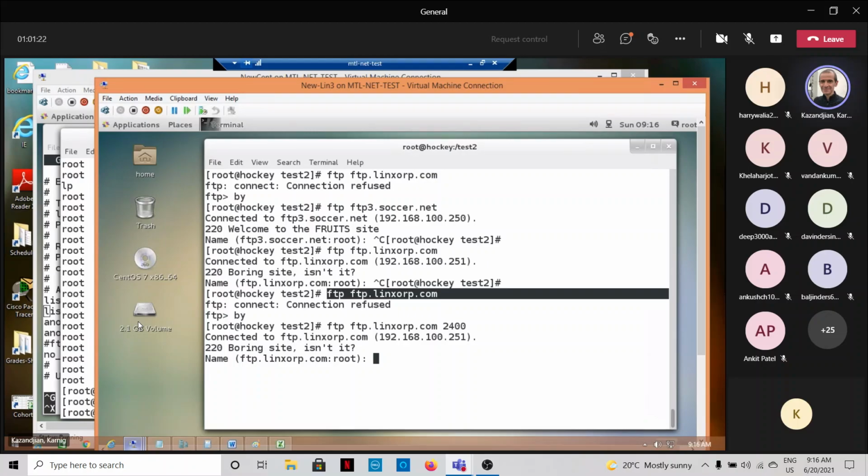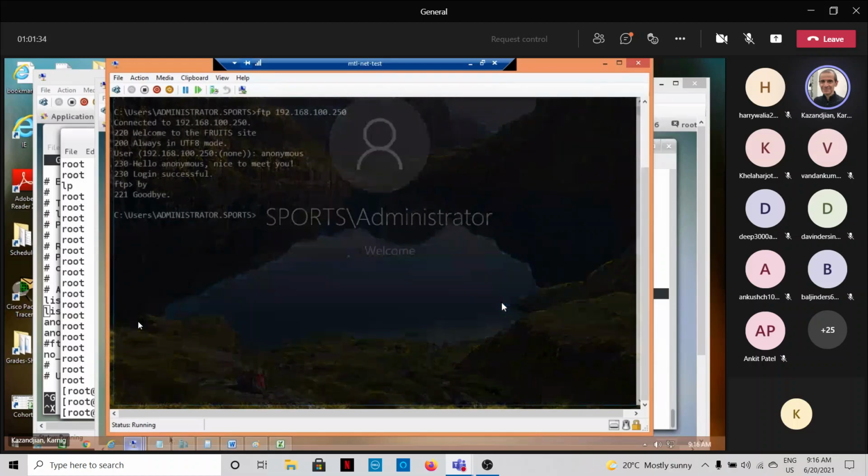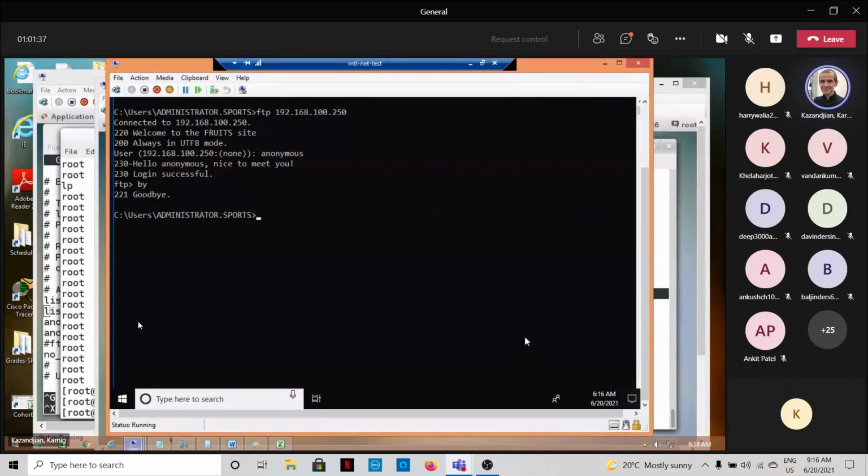Now, how does it work from a Windows client? It's slightly different there. You see, first I'll show that without specifying the port number, it doesn't work. I don't know why it says unknown host. Well, maybe DNS is not, let me see, I'll do nslookup first, but it should not say unknown host. So if I do nslookup,